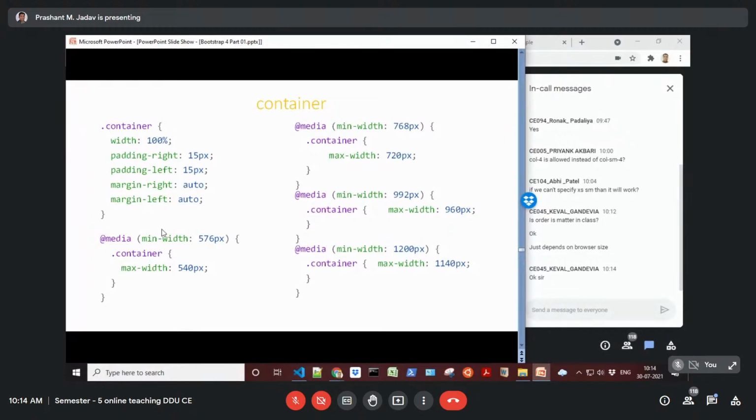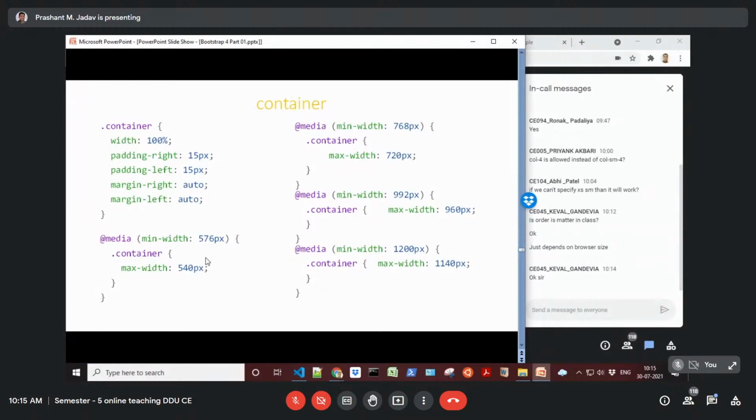You can see that for the container max width, if you have a screen width of 576 pixels or higher, then the container can be a maximum of 540 pixels. So this is for container. Then you can have container fluid, which will occupy the full screen width.